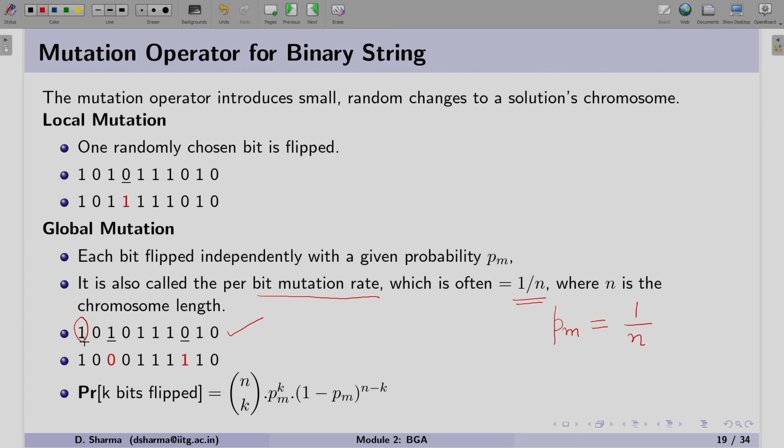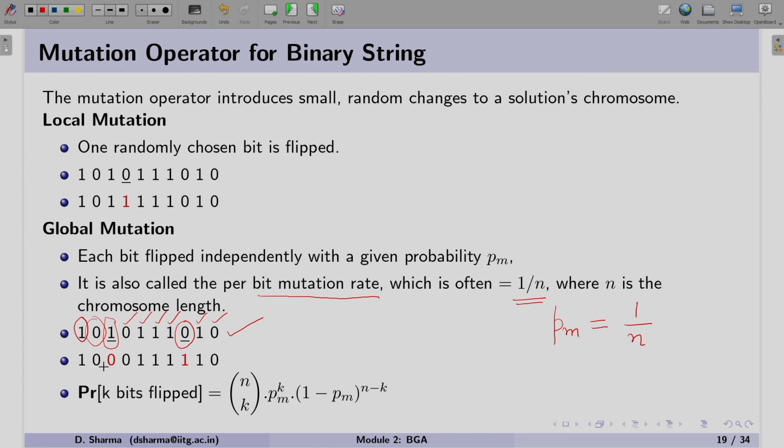So in the first bit, suppose the random number was larger, similarly for the second, but for the third, the random number was smaller than the probability of mutation. So this particular bit will be flipped. Similarly, we check all the bits one by one independently, and this is the bit that is going to change, and then the other one.